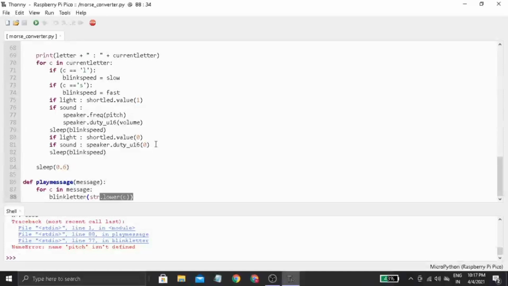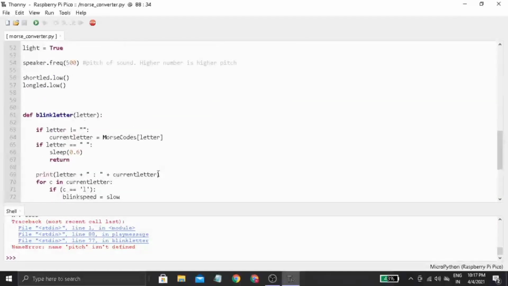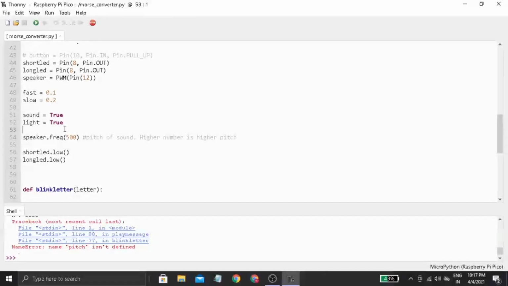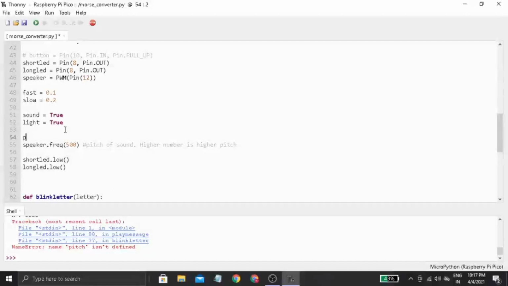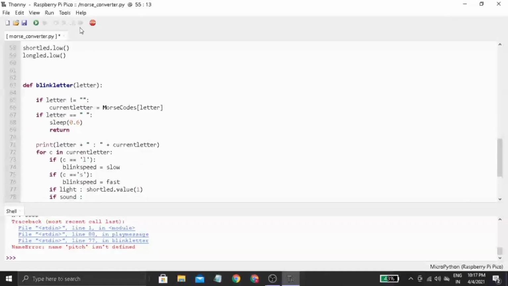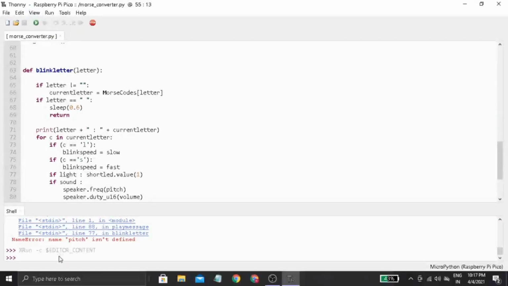Okay, so we have got an error, pitch is not defined. So actually pitch is not defined, which has to be defined here. So I'm redefining it here. Pitch of 500 and volume, that is the duty cycle, of 512. Okay, so I think this will not cause any error anymore. So I'm resaving it, rerunning it, and one more time I'm writing the string here,